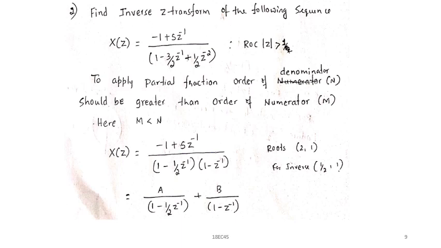is a characteristic equation. By using the quadratic equation you can find the roots, and you can use a calculator also to find the roots here. This is the ax squared plus bx plus c. If I substitute in the calculator, I'll get the roots as 2 and 1. If I consider this is a, this is b, this is c, then I'll get the roots as 2 and 1. And because this equation is given in terms of inverse powers of z, I'll take the inverse of this. So it is 1 by 2 and 1.